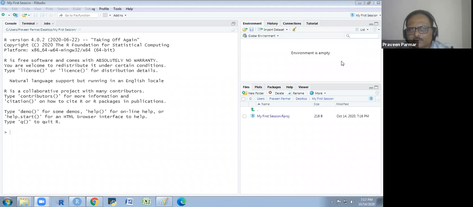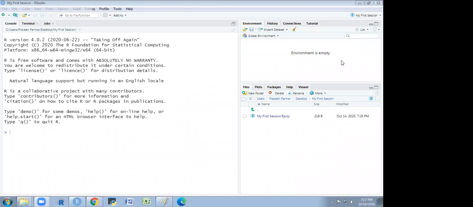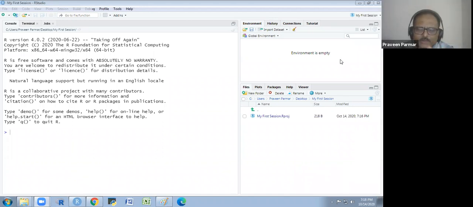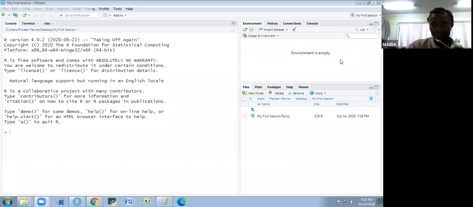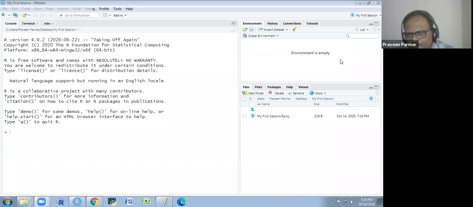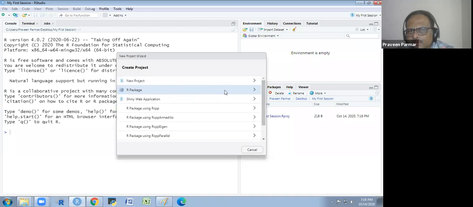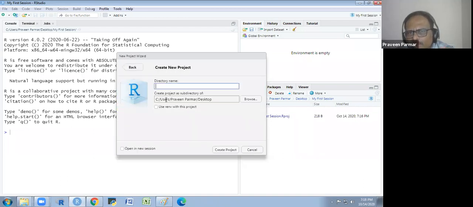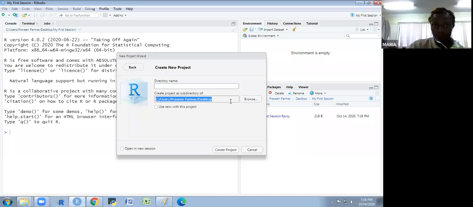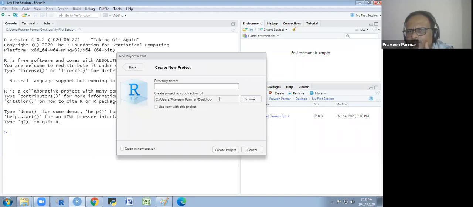So I have tried to create the project. Hello, Maria. Have you tried to create it? Yes. But it has been created somewhere else, I think. Okay, let me check. Okay, so you try again, click on that and click the new project. And when you click the new directory, the new project, then you see what is the path there. Path is here, you see. Oh, okay. So at that folder you could find it. Otherwise, you could create a new project with a new name. You write the new directory name here.